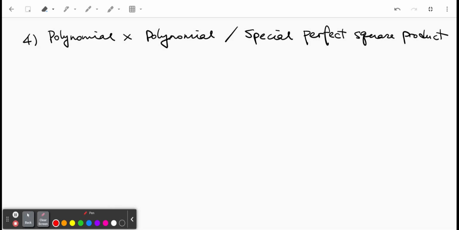The last part is polynomial times polynomial and its special perfect square products. So we talked about polynomial being multiple terms. For example, you will see something like 3n squared plus 1. So that's a binomial, but it counts as a polynomial. Multiply